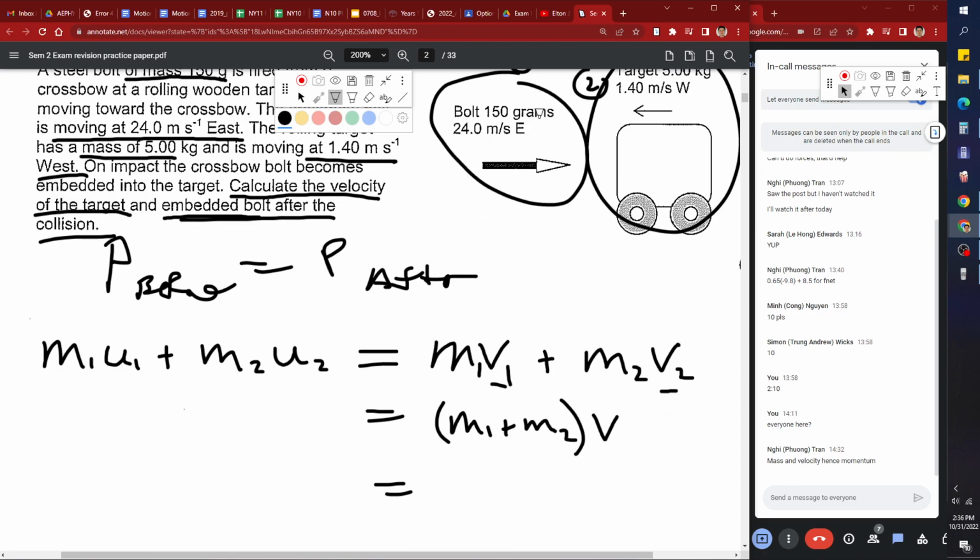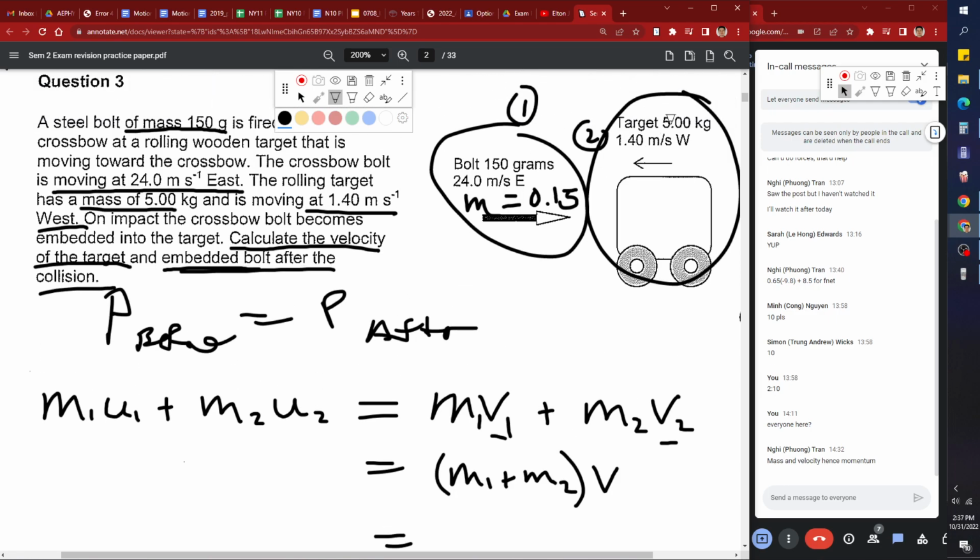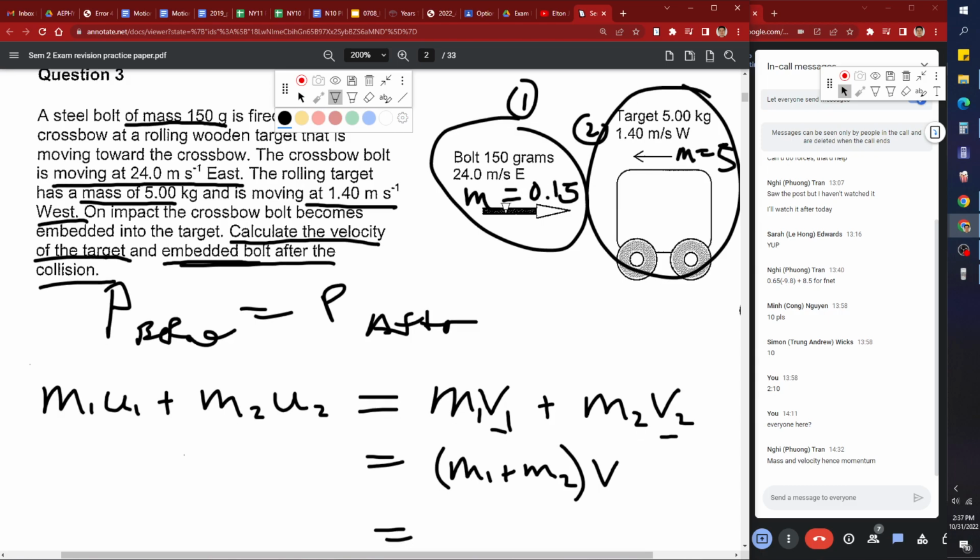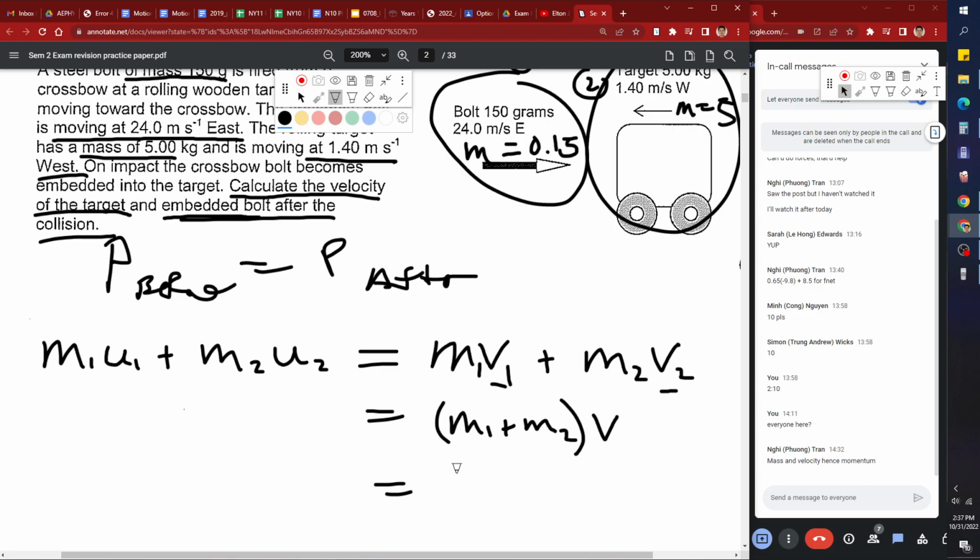Remember, everything has to be in the base unit. So the mass of this one is in kilograms, so 0.15 kilograms. And this one is 5 kilograms. For us, we don't care about decimal places and stuff in our calculations. So 0.15 plus 5 equals V. And on this side, we got 0.15 and 24 meters per second